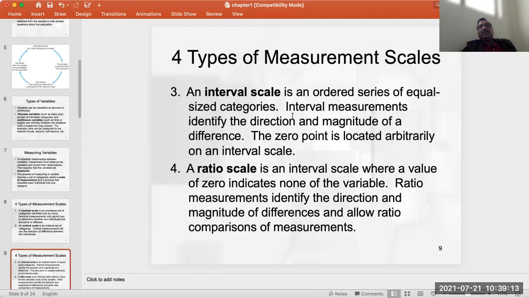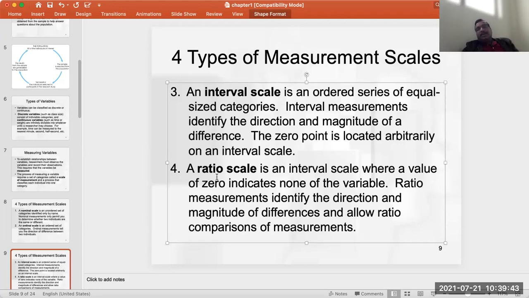That happens in the case of the ratio scale. The ratio scale gives the reading in the same proportion, same ratio. The Kelvin scale is a ratio scale.